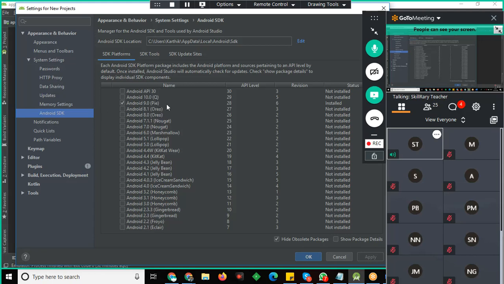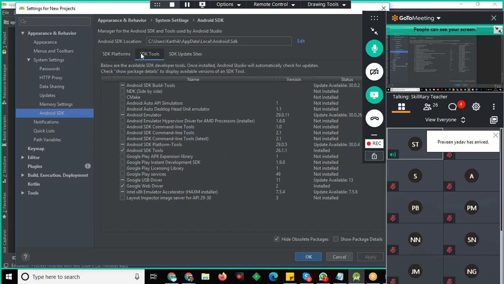So here, you will get to know which operating systems I have installed. Android 9 installed. It is your wish whichever Android system you use, but don't try to install everything. It takes a lot of disk memory if you install everything, and it will become very slow when you are using it. So take the latest version, then install it.